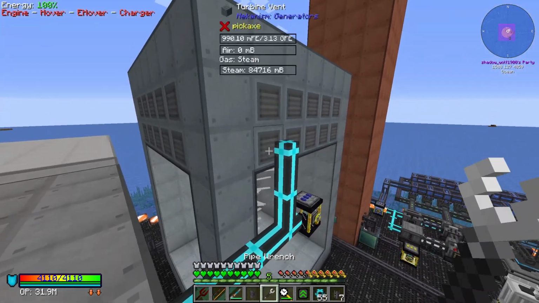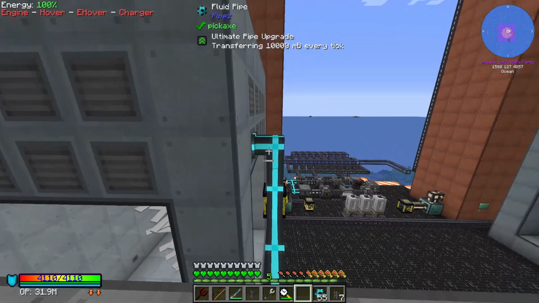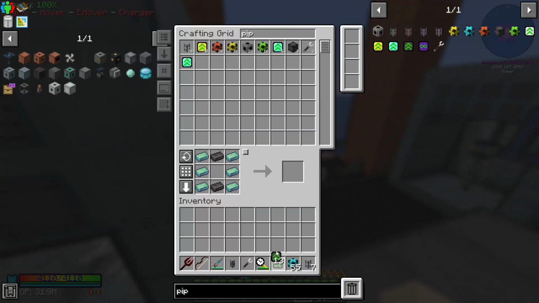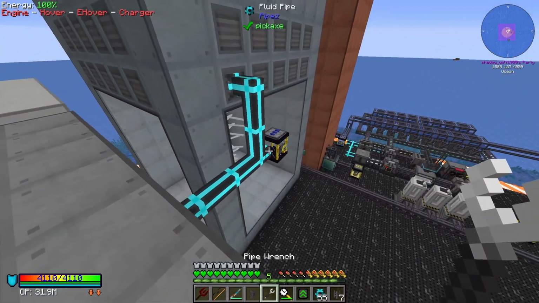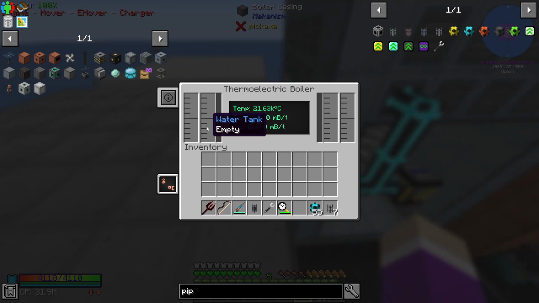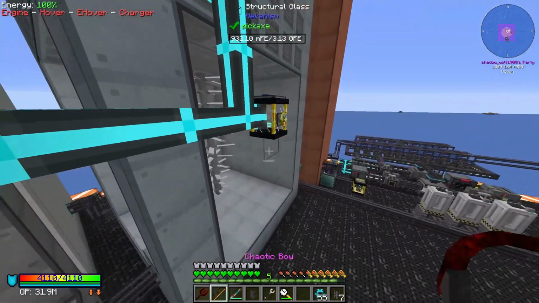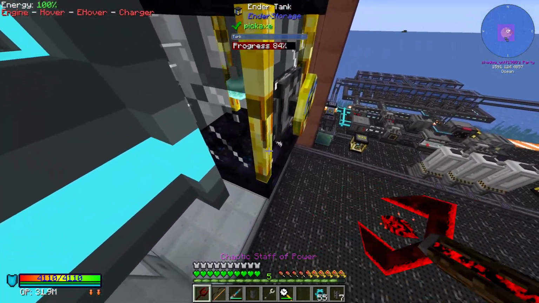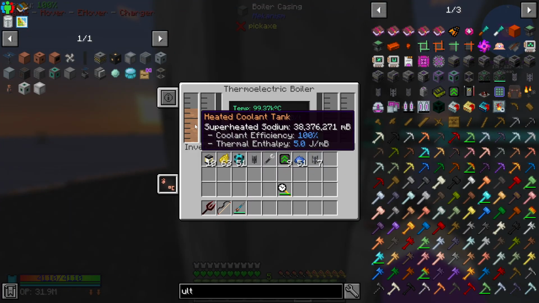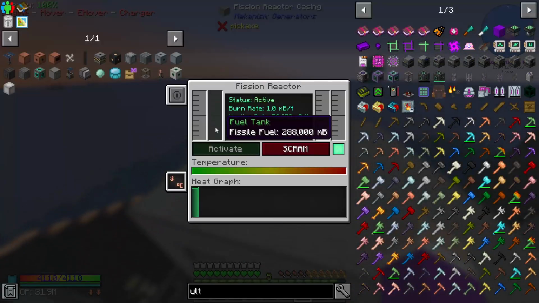You're going to extract out of there. And you're going to get an ultimate pipe upgrade and another ultimate pipe upgrade. And you're going to extract water out there. But according to this tank, there's no water in it. So something's not right here. Okay, when did that jump to 38? I literally just put those down. How did that thing...